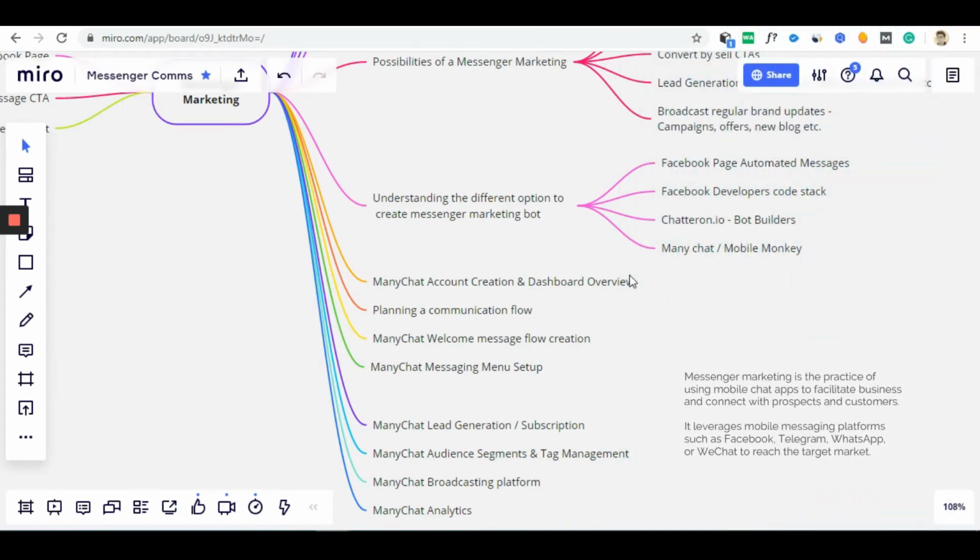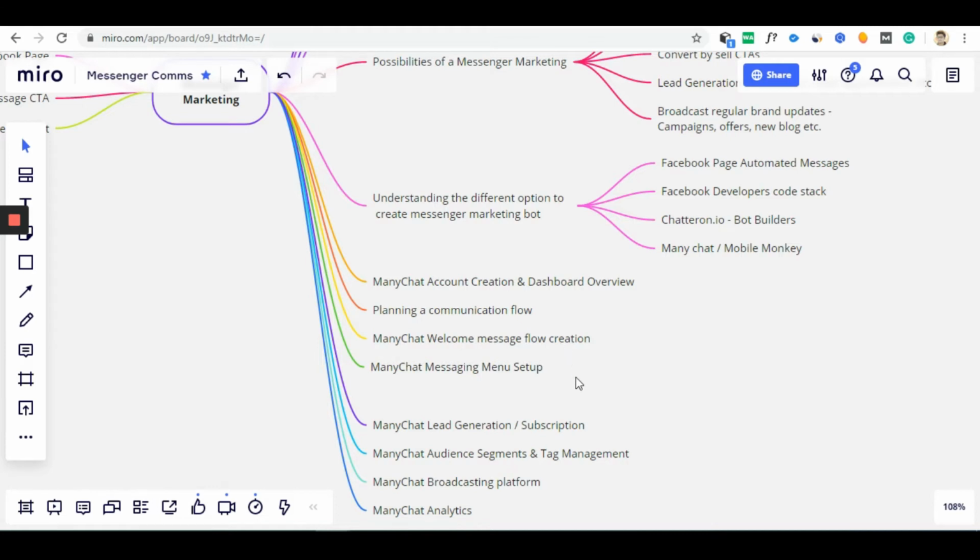In this particular video, I'll quickly walk you through the step-by-step process to set up a menu and an automated communication flow with your audience in Facebook Messenger. Now, the first requirement before you start with the menu setup or the automated message flow setup is having the plan of your communication flow, which we have already done. We will have a quick recap of that communication flow in this session, and then we'll start with setting up the communication flow for our Messenger chatbot.